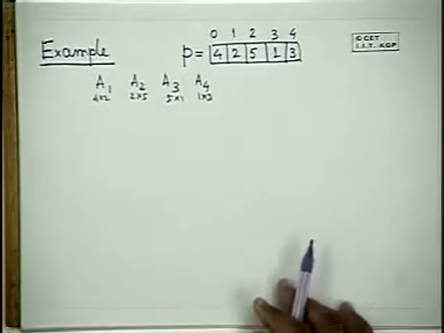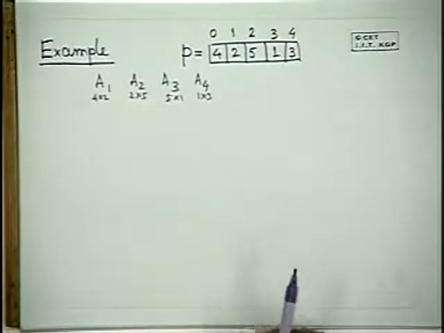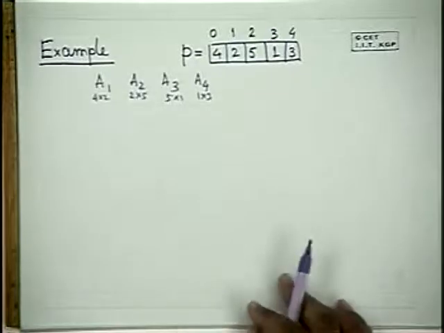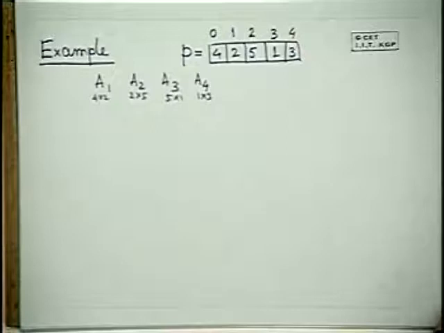We are trying to make a parenthesization. Okay, for the time being, we will not create the actual parenthesization. We will just count the minimum number of multiplications required, because that's what M is doing. M will produce that. But we will see very soon, using the other matrix, that is the S matrix, we can find out the actual parenthesization. We'll see that later. Let us first understand the minimum number of matrix multiplications. How many minimum multiplications are required?